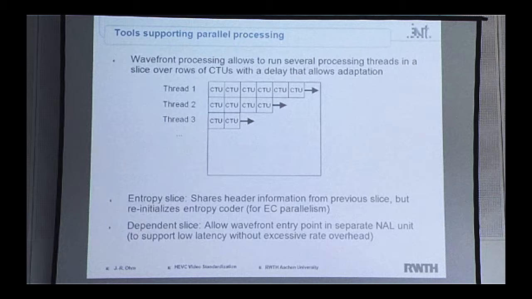Beyond that, think about this delay, which is roughly 2 CTUs. So the dependency in terms of entropy coding adaptation would go that this CTU influences this one, and this one influences this one. That means with a small delay of CTUs, you can process rows of CTUs in parallel threads. That is the purpose of this wave-front parallel processing. It does not cost much in terms of coding efficiency. There are some more, called entropy slices, called dependent slices, and they are for some more special applications.